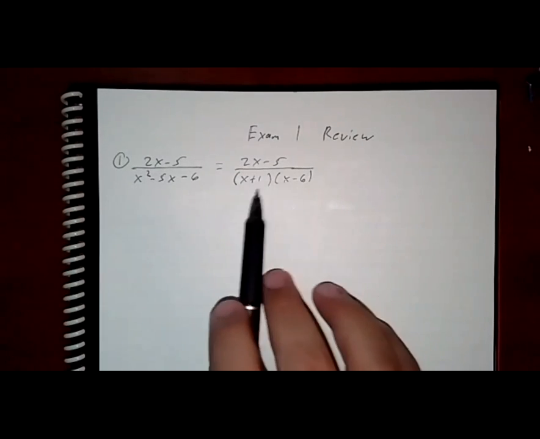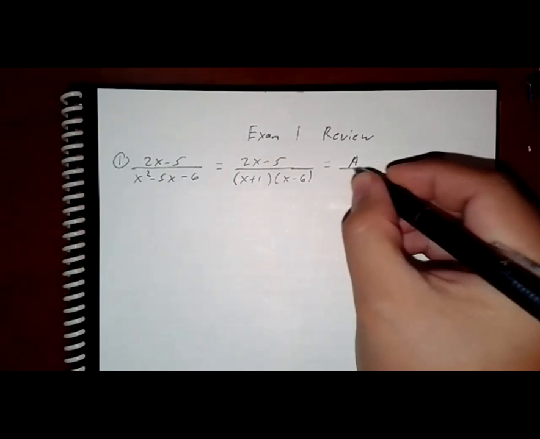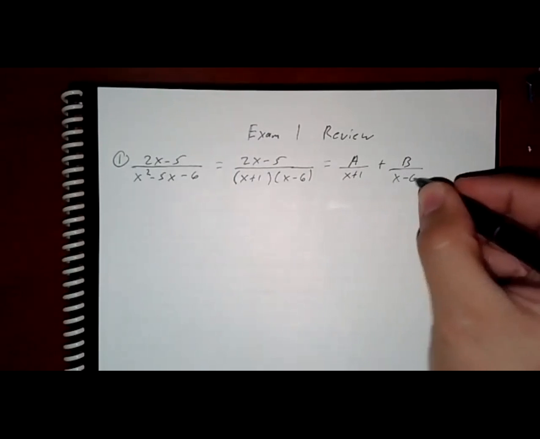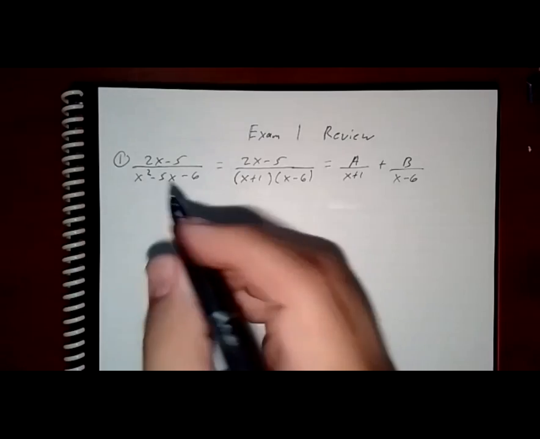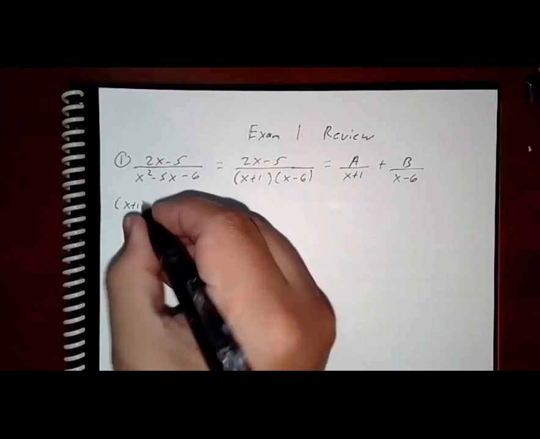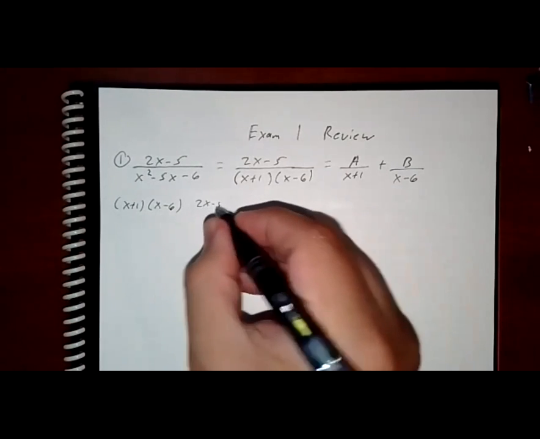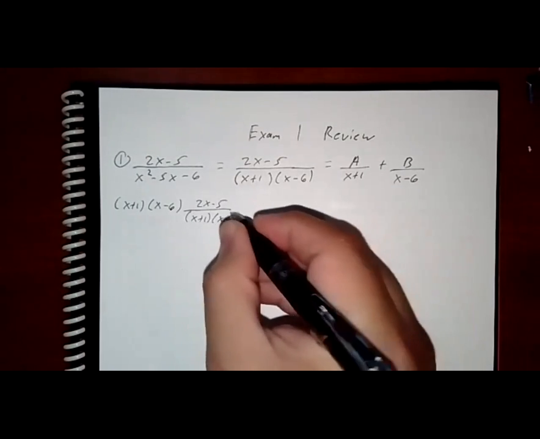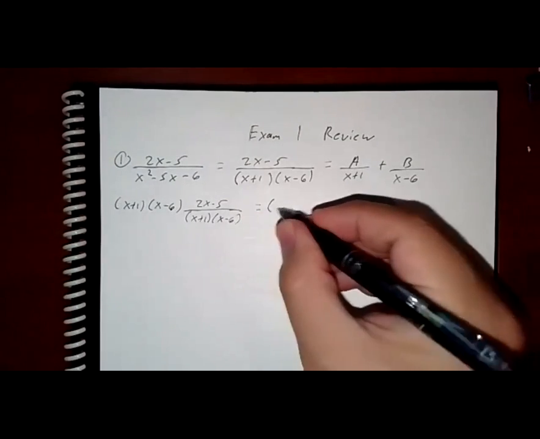So these are distinct linear factors. So this is case 1. So this will become a over the first one plus b over the second factor. So then we said we multiply both sides by the LCD to start. So right here, I'm going to go ahead and start that step. So the left-hand side times the LCD. And then each of these terms